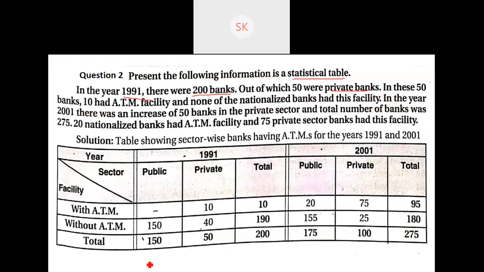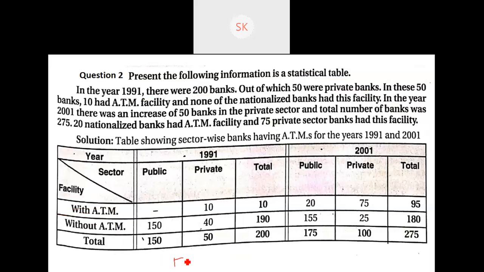So which means we have banks. In bank there are two varieties, which is private bank and nationalized bank. Okay, we have two varieties of banks. Private and nationalized, you can call it as public banks also. In this private and nationalized banks, they are doing another classification, which is with ATM and without ATM. Okay, I'll just rewrite this, 1 second.